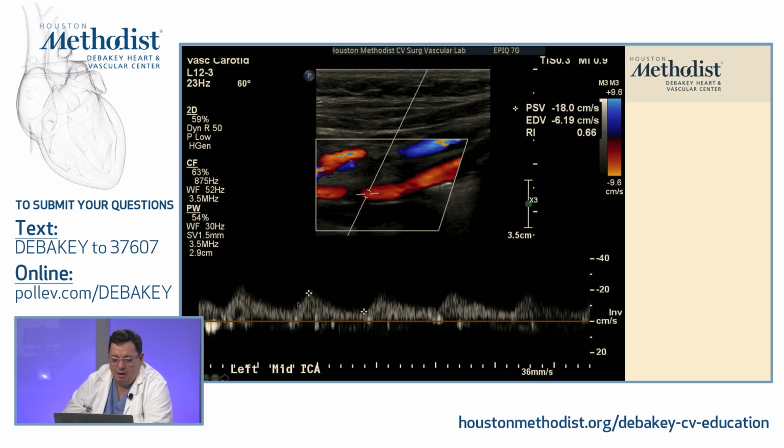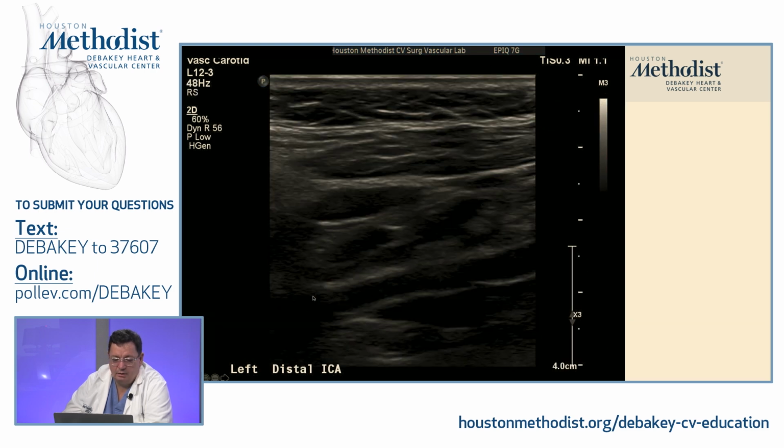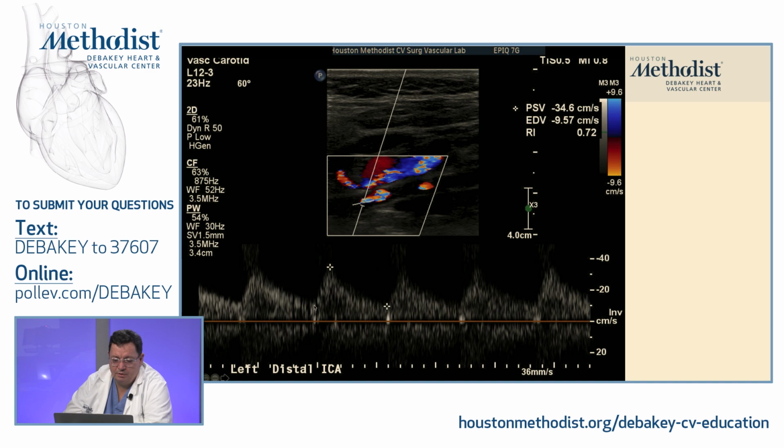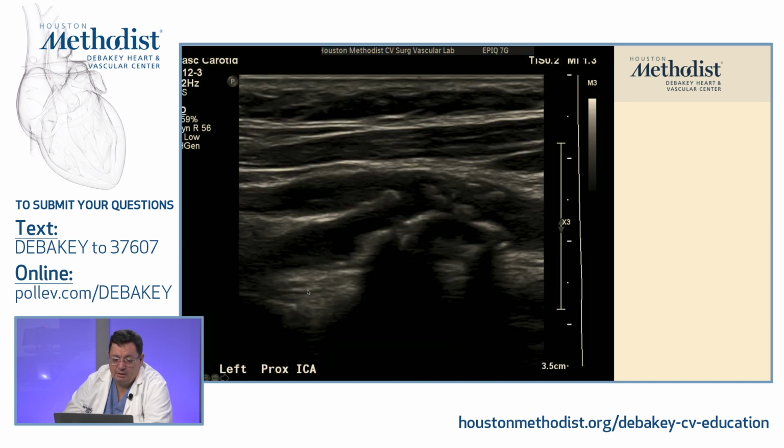And remember how much more positivity we had in the ECA. Here, it's really hard to tell if systole starts here, or maybe you have a little bit of bump and systole starts here, and then you have a steal similar to what you see in the subclavian. But definitely this is a delayed systolic upstroke, definitely on the blunted side,